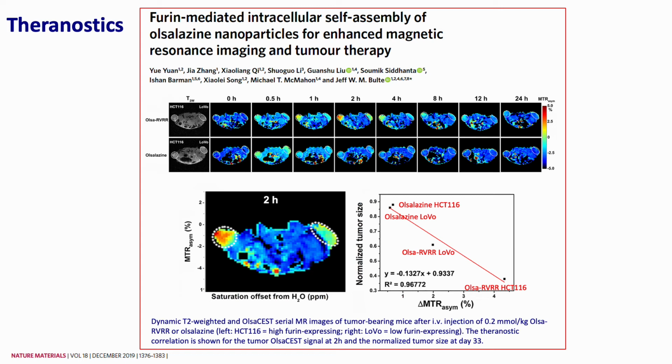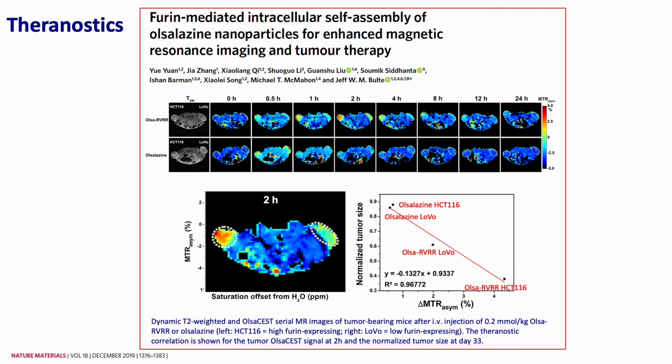And where there was high furin, the furin acted upon the osalazine conjugate, and with a biologically compatible condensation reaction, turned it through self-assembly into large intracellular nanoparticles